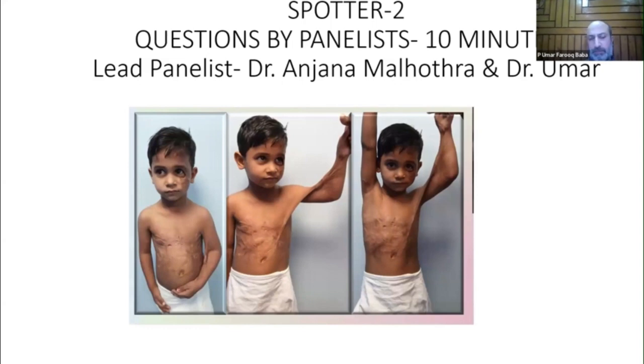So actually, as we were telling you in the beginning, this is one contracture extending right from the wrist across the elbow, across the anterior axillary fold up to the breast. And when you see with the hand down, both the nipples are at the same level. But when the patient is raising his hand, this nipple is getting raised along with the contracture band. So basically, once you release this, you will create raw areas all across. So you have to plan for release of both the axilla and the elbow.